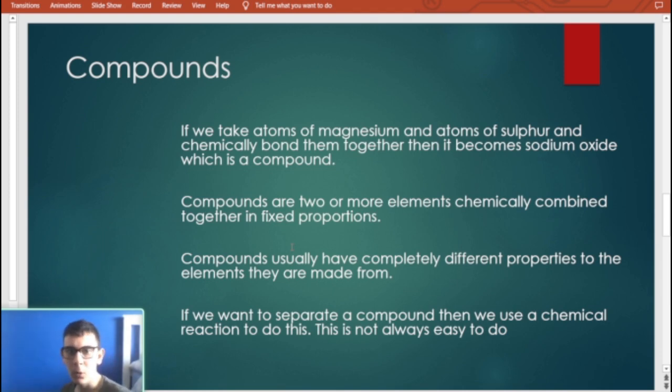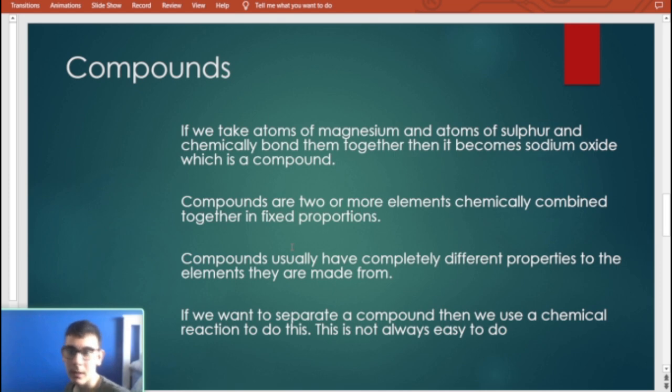Fixed proportion just means it's got to be a 1-to-1 relationship. So there's got to be a 1-to-1 ratio. So if I had 1 atom of sulfur and 1 atom of magnesium, they are chemically combined in fixed proportions. Compounds usually have completely different properties to the elements they're made from. Magnesium is a shiny metal,